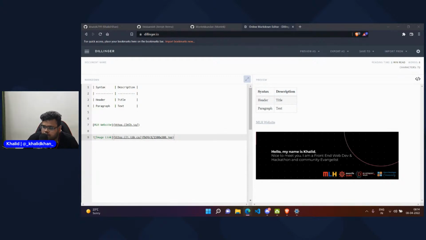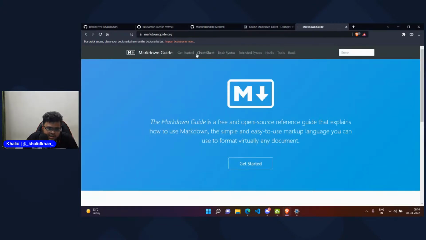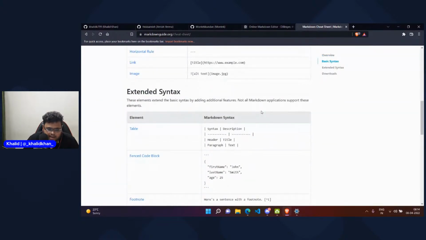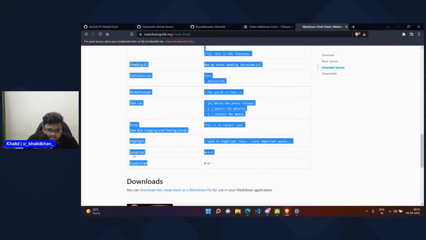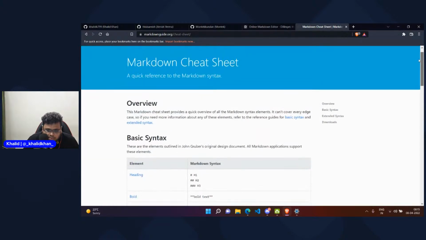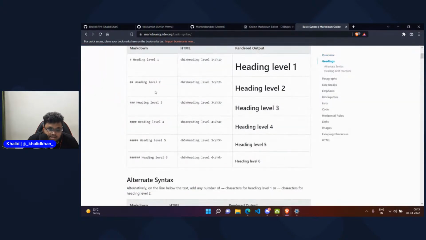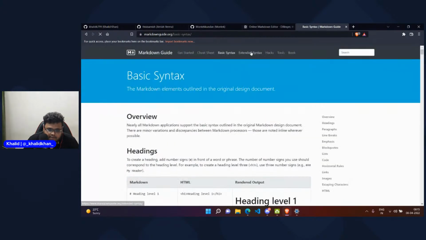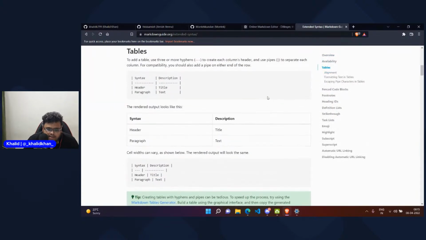I'll open it up over here on the screen so you can have a look at how to go through the Markdown documentation. If you go to the cheat sheet, it will give you all the basic things you require for writing a Markdown document. You have superscript and subscript as well. These are the different symbols and characters you use to write in Markdown. There's also basic syntax, which is what I have told you today. There's also extended syntax that has much more than what I have told. Whatever we require is only under the basic syntax.